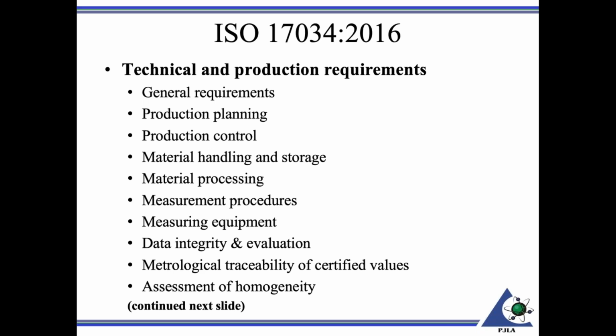Now, under the technical and production requirements for RMP, we're talking about the various steps. We'll recap these to get an idea of what become the core processes, you might say, for being a reference material producer. You've got production planning, production control. Again, there's an extensive amount of material in each one of these that needs to be part of the assessment process. Material handling and storage, material processing,